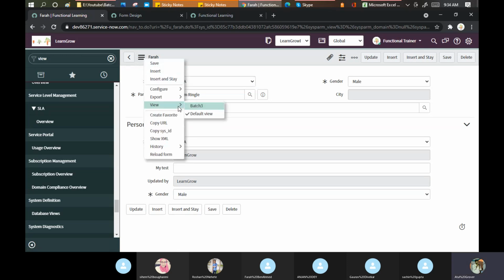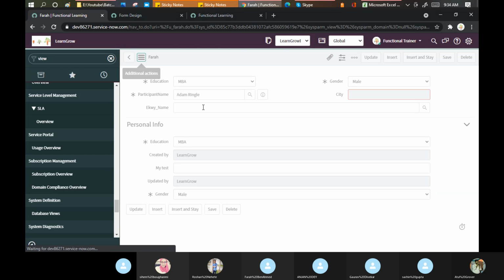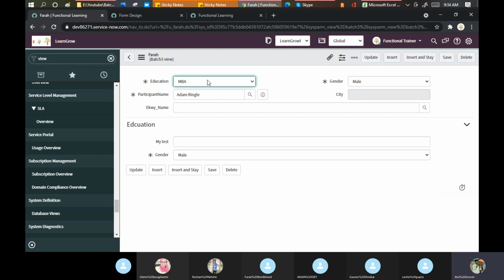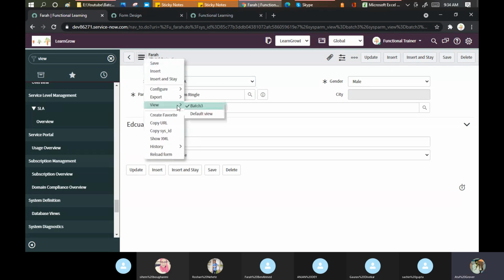Now you can see here view. If you click on the batch 3, only this information and education will come. So that is the way that you can define. But the point comes here that I click here and I go to the view. That is the one way. That is the correct way. Okay. We need to do some configuration in the background, because when Farha checks the incident here, she is able